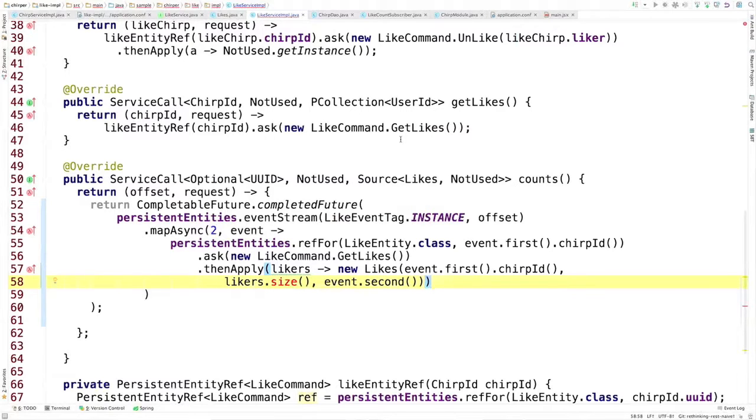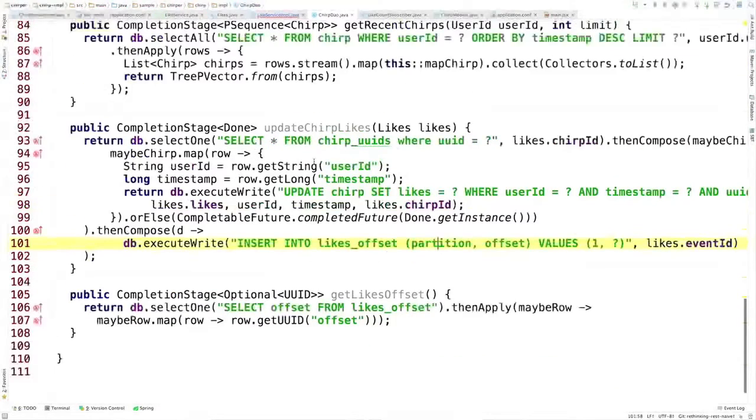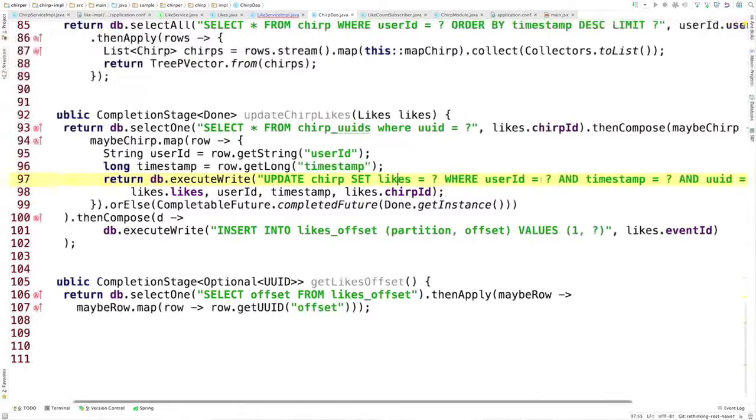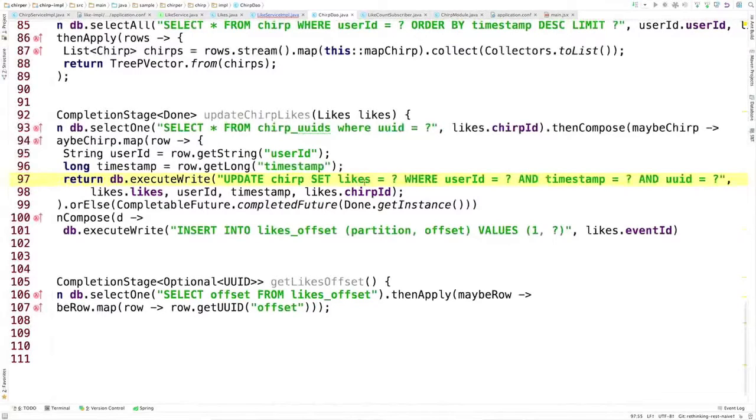Now the chirp service needs to consume that. So in the chirp service, I've done a little bit of work ahead of time. I've added this field, the likes field, to the chirp table. This is actually Cassandra code. I've added this like field to the chirps table, and so whenever we get this likes event, we're going to do this update where we update the number of likes. And at this point, I hope you can see that this is an idempotent handler here, because